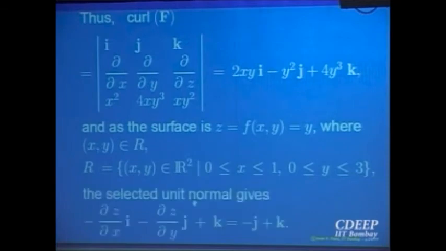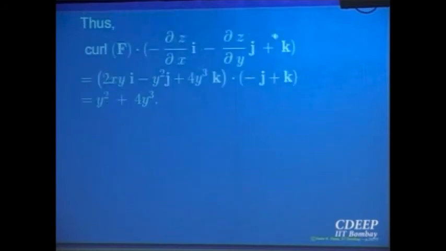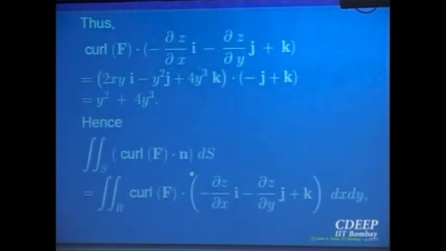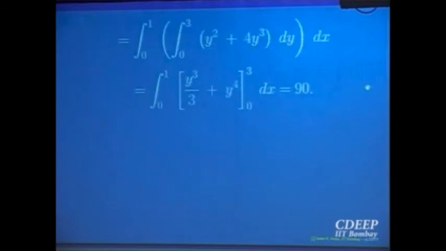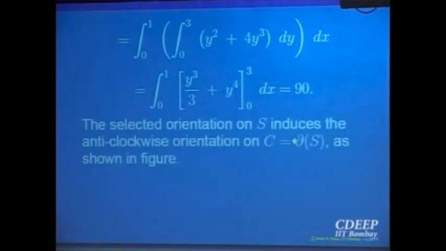Okay? So compute that unit normal. So that is minus j plus k. K component positive, that is the one we are choosing, the outward one. So this is the right one we should be choosing. Curl f dot n comes out to be this. So compute curl f dot n dx dy over the projection, that is over R, right? Surface integral, right? The vector field dot Ru cross Rv dx dy over the projection R. If it is projectable onto that surface, that is the surface integral. So compute that dot product, we know. So it is a double integral, compute and it comes out to be whatever it is, 90 or something.